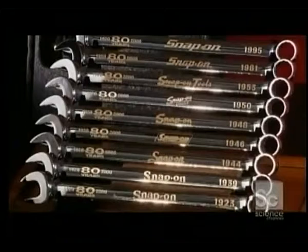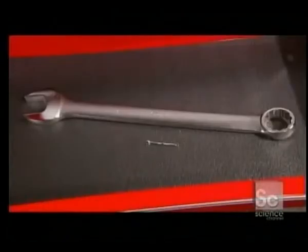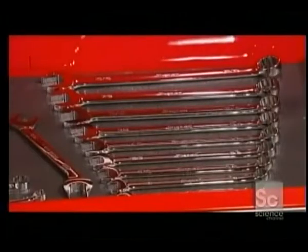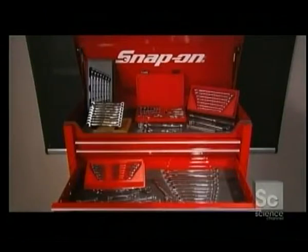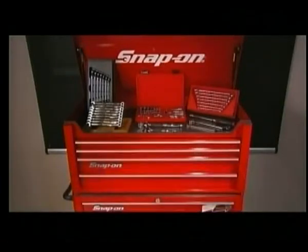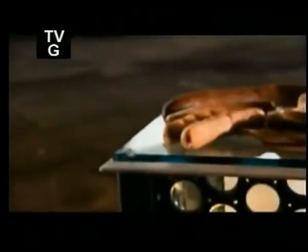Combination wrenches are available in a variety of sets, all conveniently organized and neatly stored. Since the 1920s, this company has been making combination wrenches of all shapes and sizes, for jobs of all shapes and sizes. In a time of